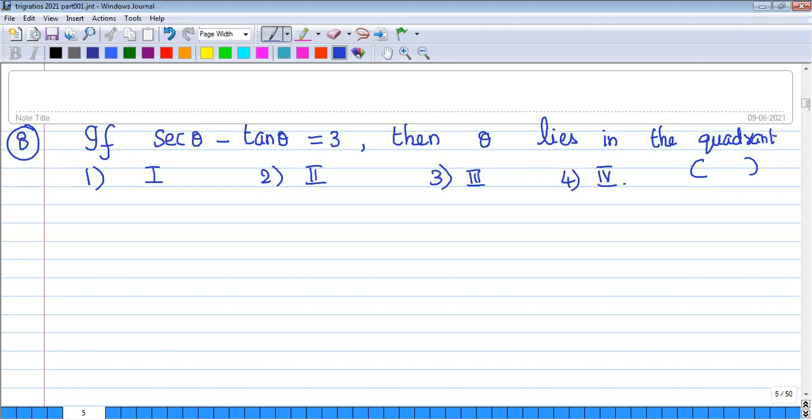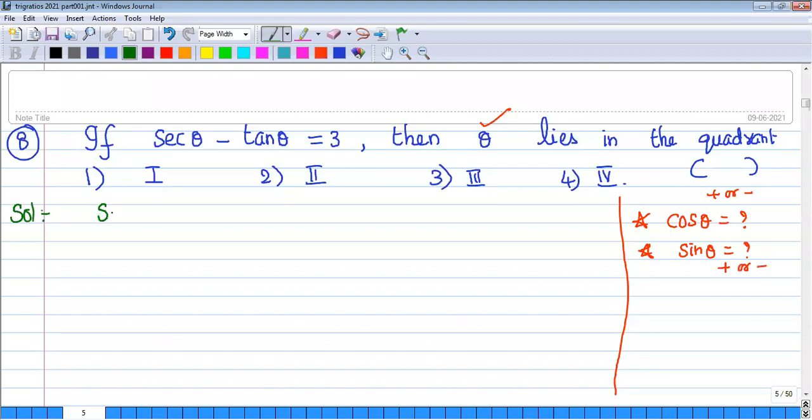So from this we need to find out, first of all, our plan is to find cos theta and next sin theta. The value is not important, the sign is important. Whether cos theta is plus or minus, whether sin theta is plus or minus. If you are able to find out the signs of cos theta and sin theta, we can easily say where theta lies. Okay, first let us go for the solution here.